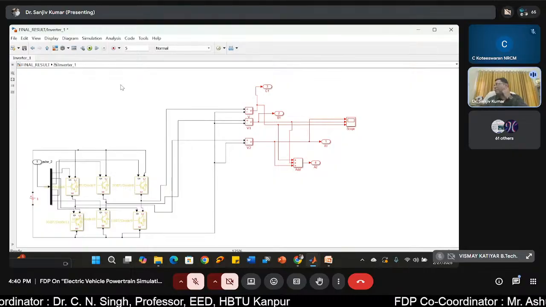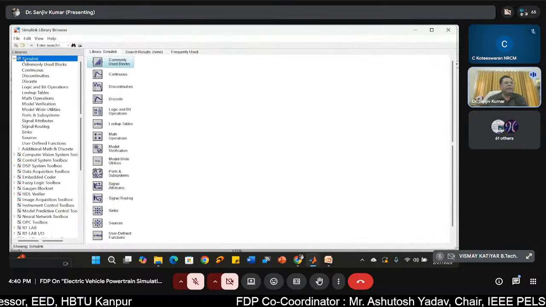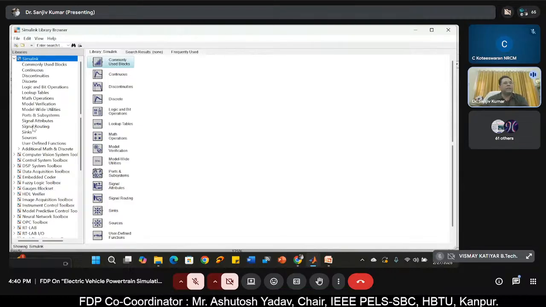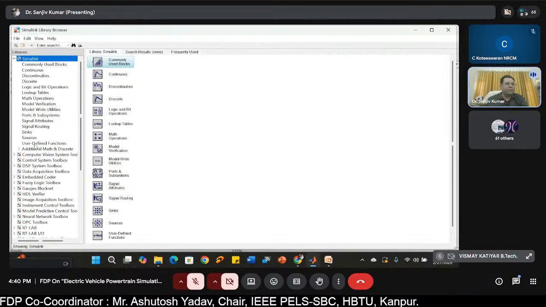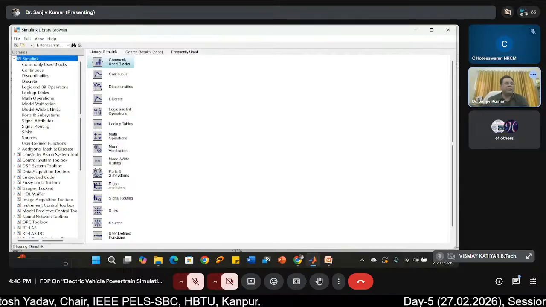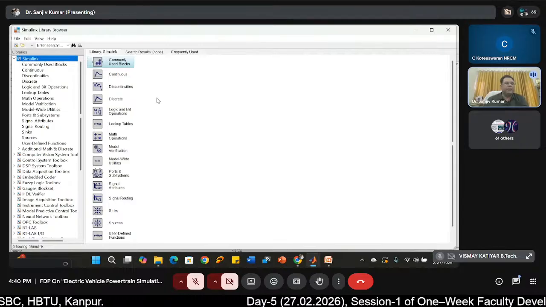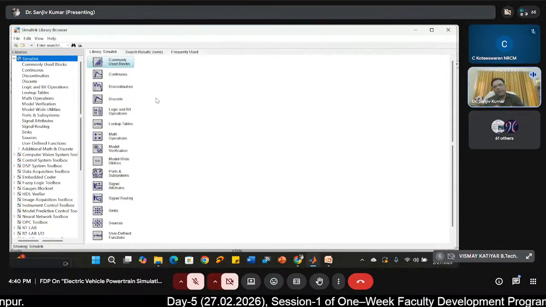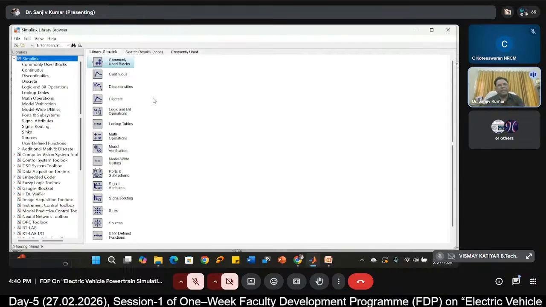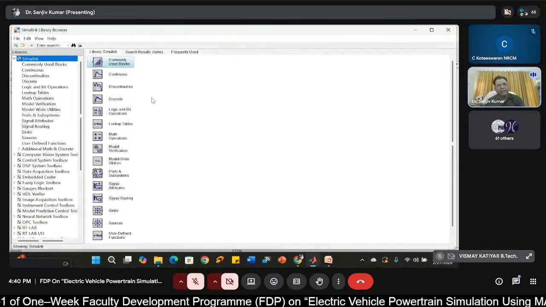When you open this library of MATLAB, then for the Simulink, all the control signals are to be taken or developed using these Simulink blocks, right? You can say it is like this. For example, when we measure the voltage using the multimeter, exactly what happens? There are two leads which are to be put in the phase and neutral.